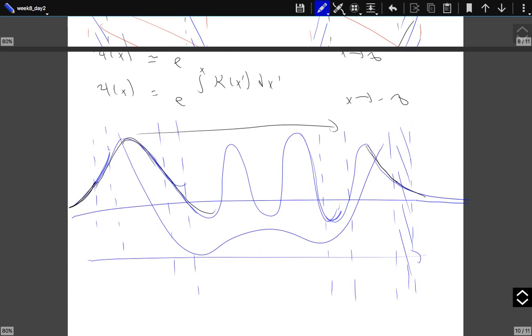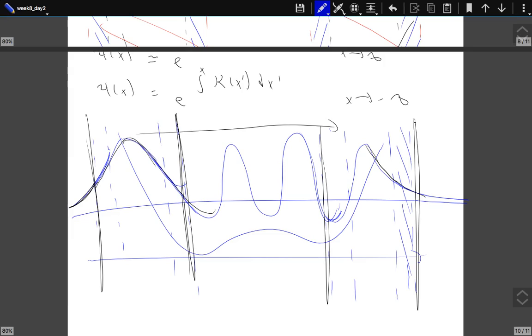Now, you see, there are basically two ways you can look at it. Now, I have these regions, where basically I match my exponential solutions using the Airy functions. So you see, on the far left, I have my exponentially decaying solution. In the middle, I have an exponentially oscillatory solution. On the far right, I have the exponentially decaying solution. And these three solutions in the region between these